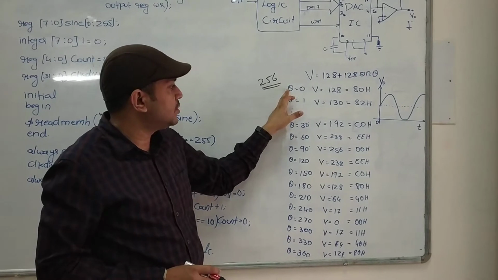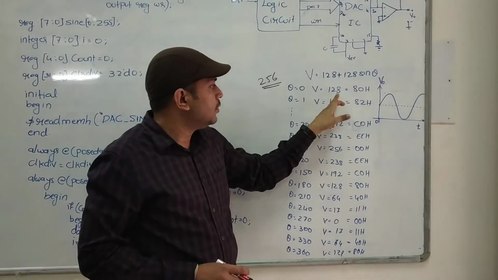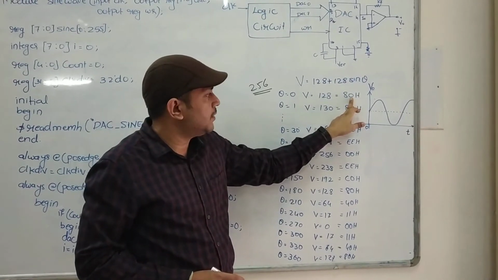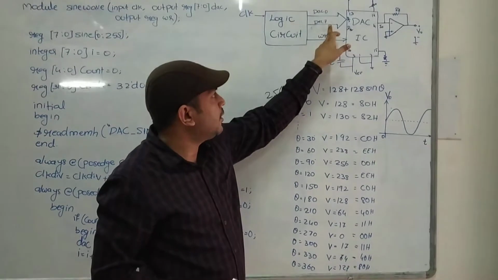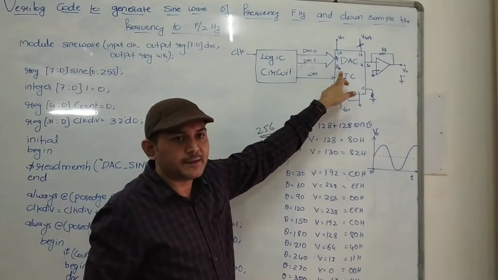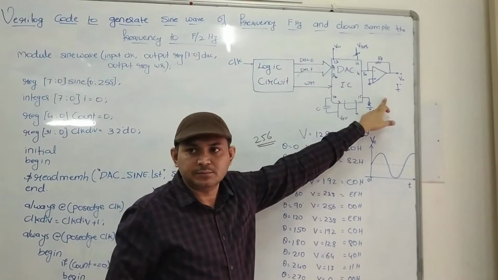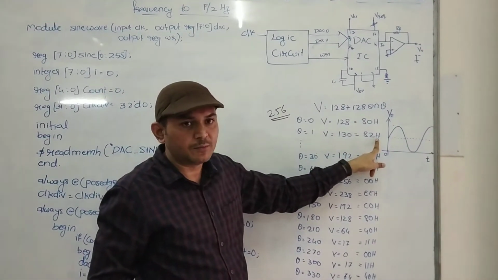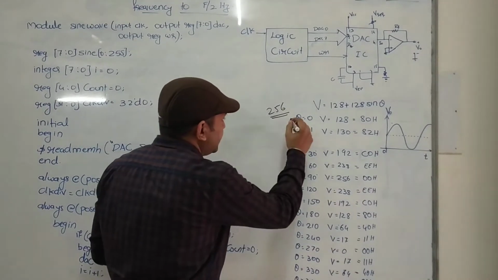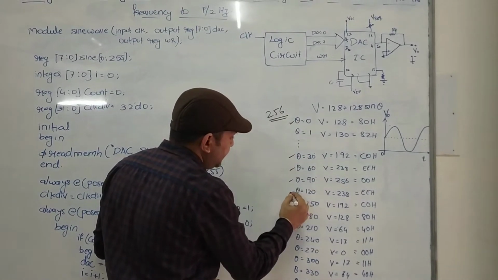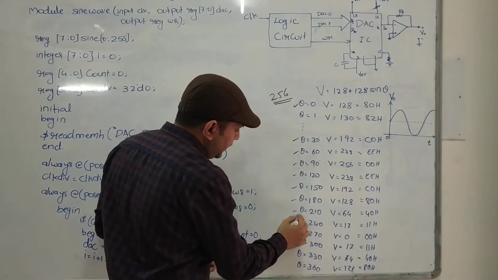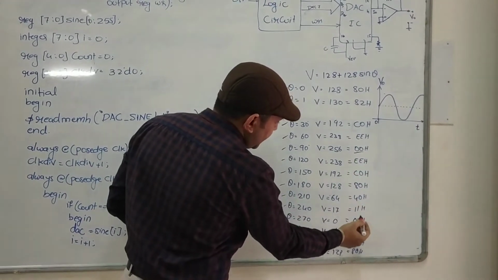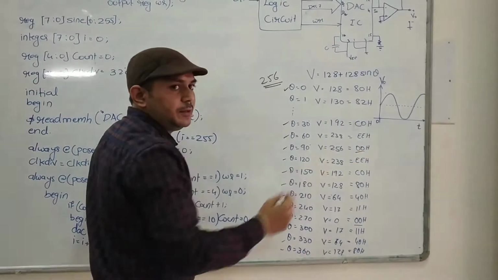See, here is the example. For 0 degree, for theta equal to 0, it will be 128, whose hexadecimal value is 80H. This is the 8-bit digital value which I will provide from the logic circuit to the DAC IC, so that it will generate the pattern. For 1 degree it will be 130, and 82H is the hexadecimal value. So like that, you have to concentrate on this. Theta 0, 30, 60, 90, 120, 150, 180. For every 30 degrees I have written the value here, so that you can see that there is a pattern here. Two times it will touch the 0 value.